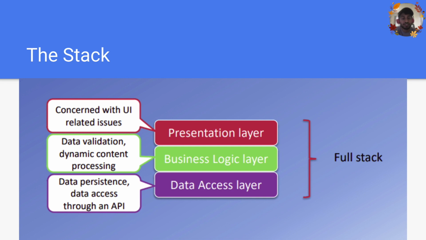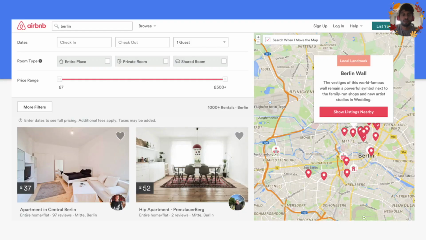For this class, let's use an example of an app that we're probably all familiar with at this point, Airbnb. In Airbnb, the presentation would again be all the things you see and interact with when you click through the application. On any page, there's the text, the styling, the visual interactions that take place when you click on different buttons, parts of the map, etc. This is all the presentation layer, also known as the front end, which is what we'll be covering in this